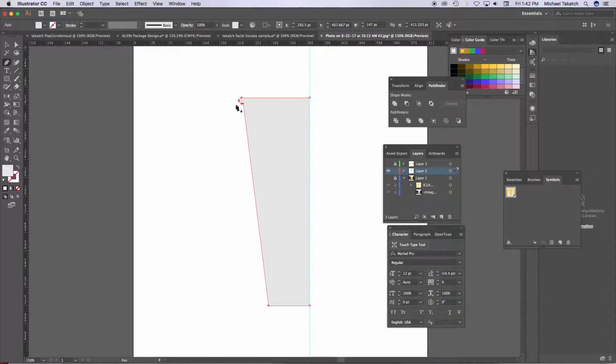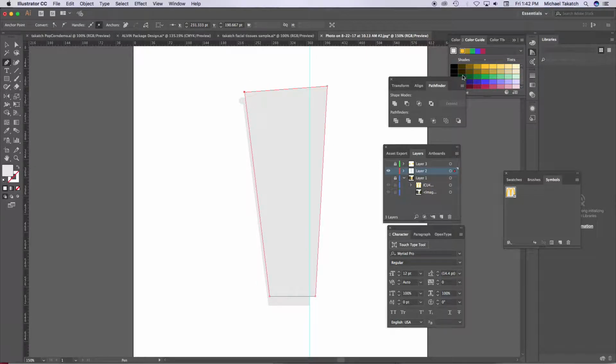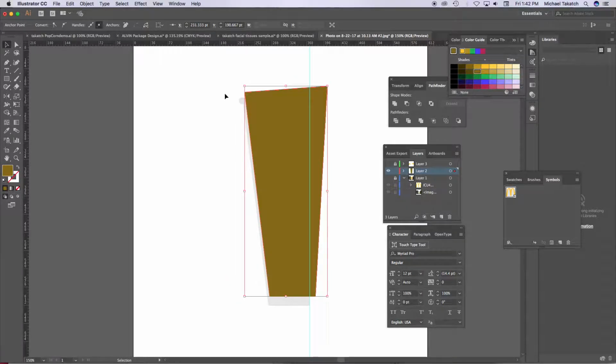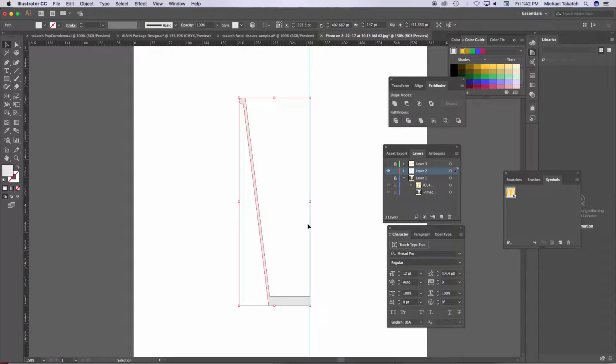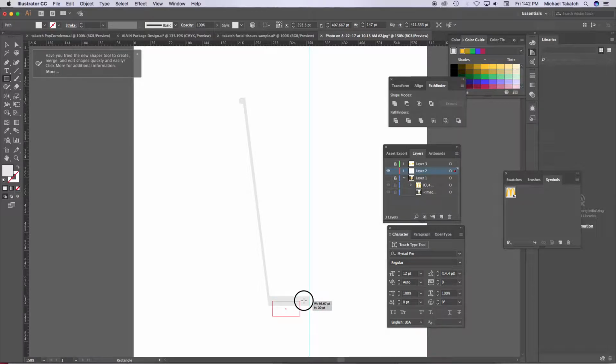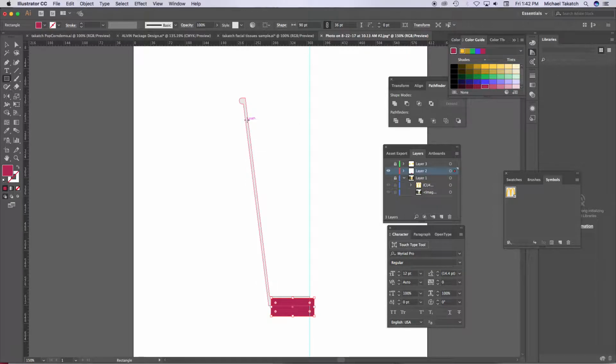So I can take the pen tool and create a shape, and give that a color. So I'm just going to take these two shapes and divide them. So I just need that cross section of it. And I'm going to take a rectangular piece right here and give that a color so you can see it. And do the same, select these two items, because I just want that cross piece. I don't need